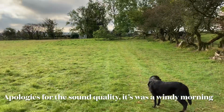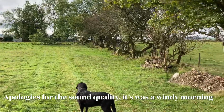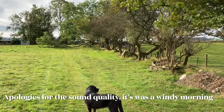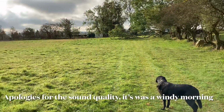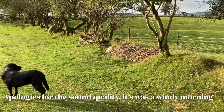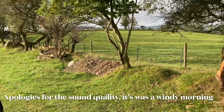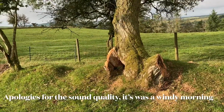All the smaller branches with the foliage on, we end up chipping up, and after it's been sitting there for about a year, we use it around the polytunnels in the vegetable area. So I'll see if I can take some photos of the trunks. I don't know how much young Martin cut it up to, but I'll see if I can take some pictures of the trunks that we took off from there,